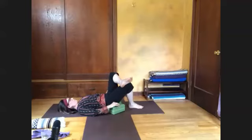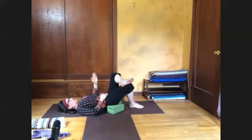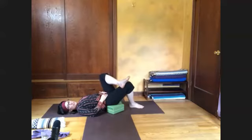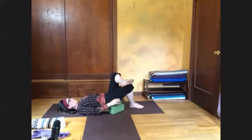knee. And as you press your knee open, it might be different than on your other side. Mine are different left to right. So when you're pressing open, you're using the strength at the back of your left hip. And when you glide your knee towards your chest, you're using the inner thigh to help with that. So let's have that go a few times to open